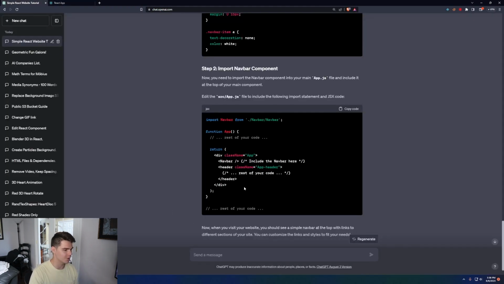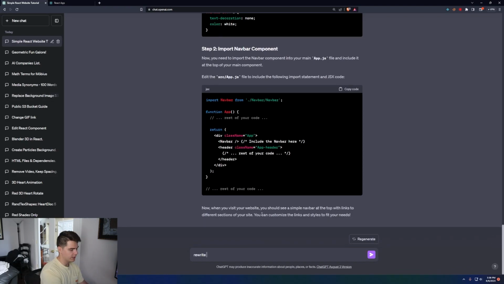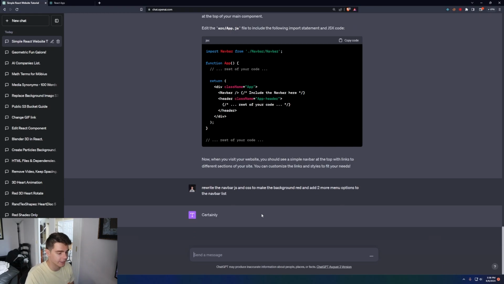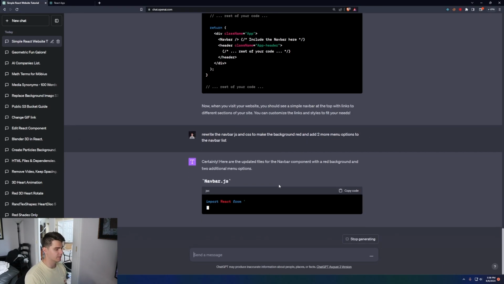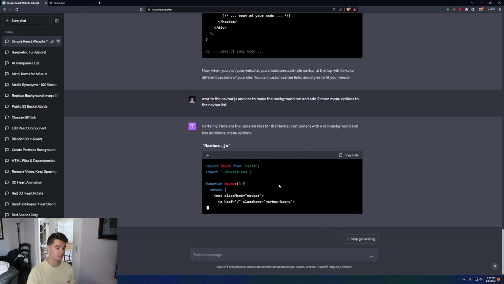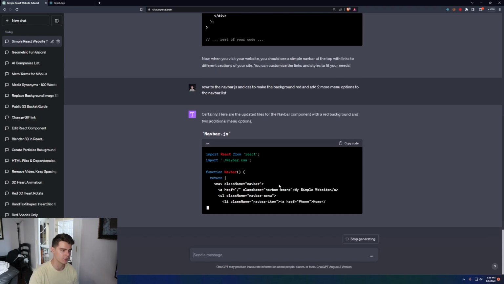So what we can do is we can say, all right, cool. Rewrite the Navbar.js and CSS to make the background red and add 2 more menu options to the navbar list. Let's just see what it gives us. So it says certainly, makes it red, and then gives us the new JS code as well as the new